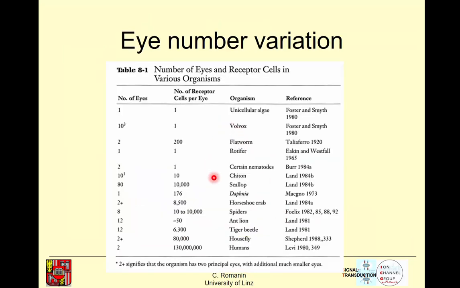Just one look at how many photoreceptors we actually have. You see humans have a really high amount of photoreceptor cells, but don't underestimate the housefly, also 80,000. Interestingly, some of the spiders have 10,000, and in algae there is one photoreceptor present. So there are very different amounts, but you can see here the largest amount of photoreceptor cells is present in humans. So this is the end of the signal